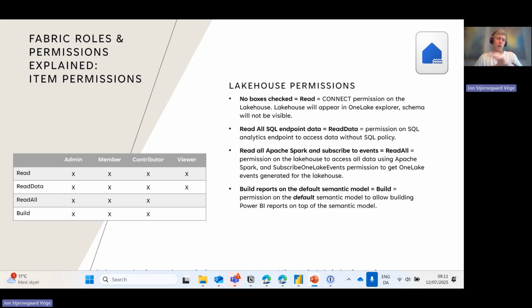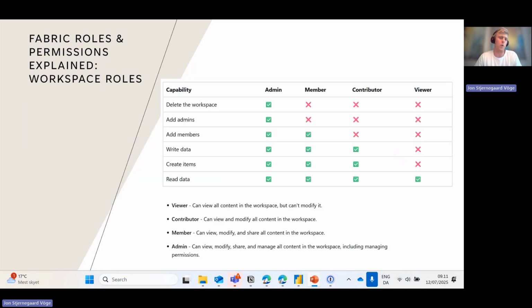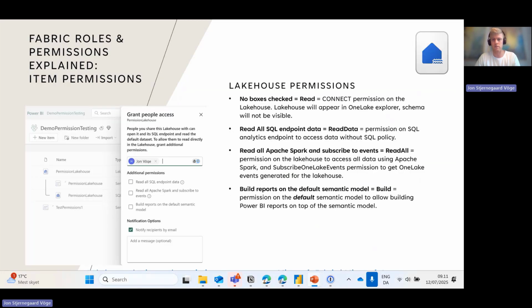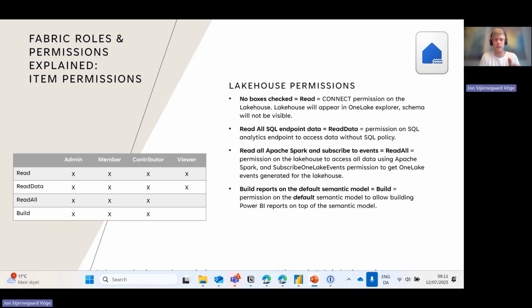The next level, and why I mentioned before we're going to return to the workspace roles, is that all of these item permissions, the way workspace roles work, through the way they give read and create possibilities, is that they actually implicitly grant users item permissions. So if you give a user viewer access to a workspace, they implicitly get read and read data on your Lakehouse, which has huge implications for the way that we can govern and structure our items. If you're not aware of this,